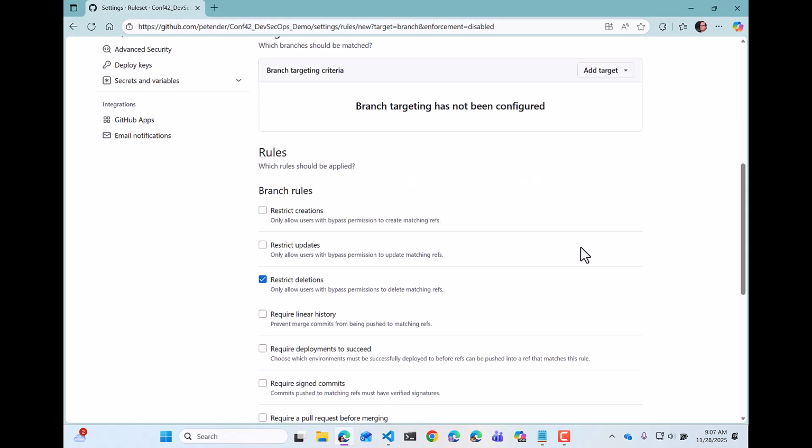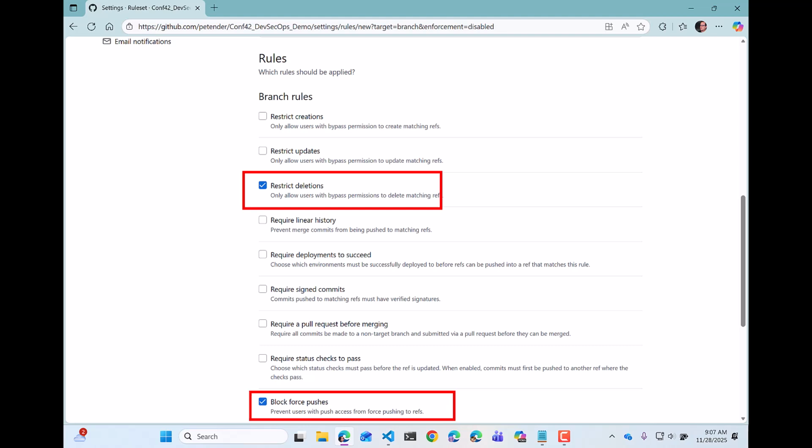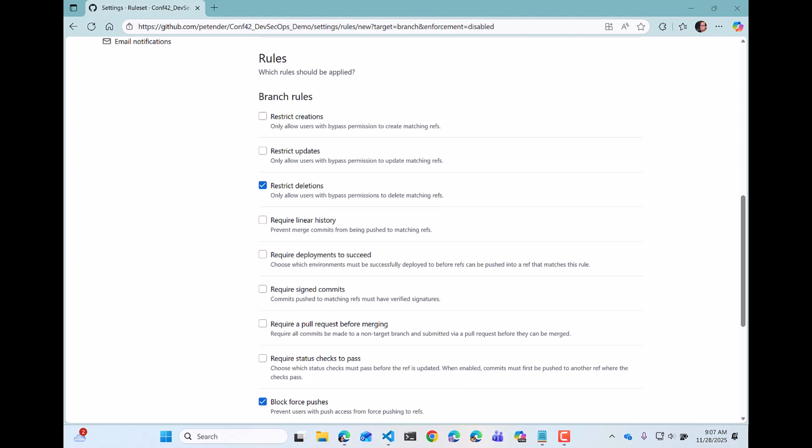So once we define the setting, as you can see here, by default we have restrict deletions and block force push. But obviously there are a whole bunch of other options, and it's not up to me to tell you which ones you should enable or not, because I think it's pretty specific. But for example, a few that I usually enable is restricting creations, which means that not just everyone can create a new branch, which might not be exactly following the open source mindset, but that might be a valid